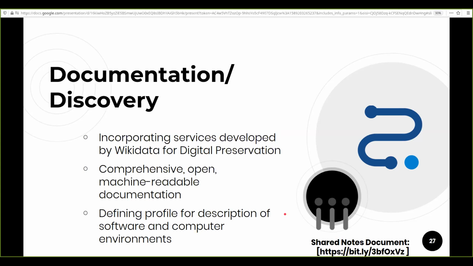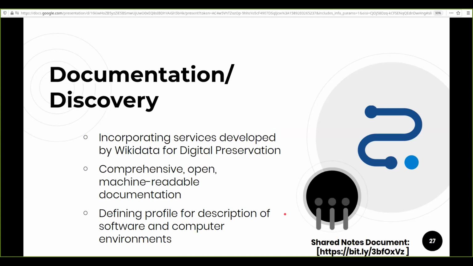And we will also be integrating as much as we can with the Wikidata for Digital Preservation project, which, if you are not familiar with WikiDP, is a really phenomenal project that is looking to use Wikidata as a common, cross-discipline linked data repository for all things computing and computing hardware, computing software. The idea being, again,